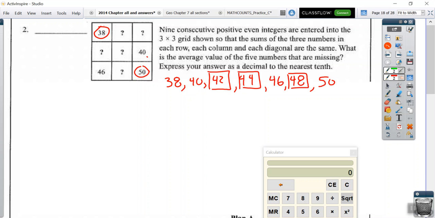So right now, we have a total of 7 numbers. And we only can have 9 numbers. So that means we can extend 2 on the right. So we could go to 52 and 54. Or we can extend 2 on the left, 2 smaller, which is 36 and 34. Or we can have 1 of each. So we have our possibilities. We only have 3 possibilities. So let's figure out